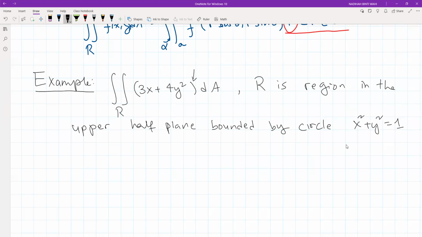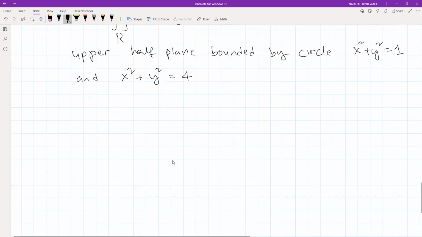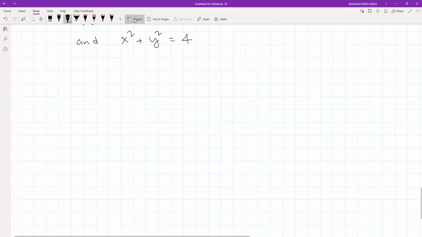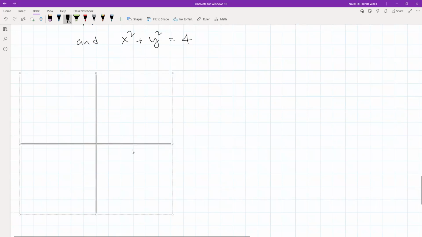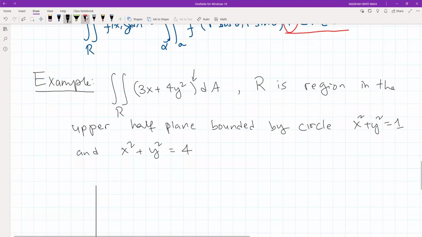So this is easy. Radius is just 1. And x squared plus y squared equals to 4. So this is also easy. So R is 2. Okay, so if you sketch the region, okay, key point dia kata apa dia? Key point dia kata this is on the